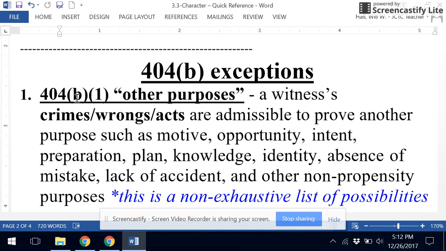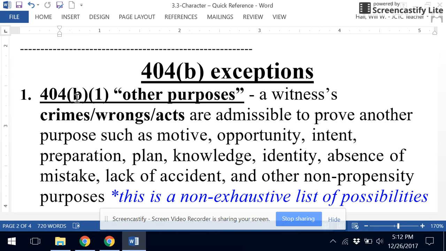That's the motive exception. There's also exceptions for opportunity, meaning if he goes to bars and the murder occurred at a bar, he has the opportunity to commit the murder. That's just introducing it to show his opportunity. You're not introducing it to show that he's a bad person for going to bars or that he's a bad person for dealing drugs at those bars. You're introducing it to show that he has the opportunity to kill people that owe him money because he goes to bars handling guns and handling drugs,